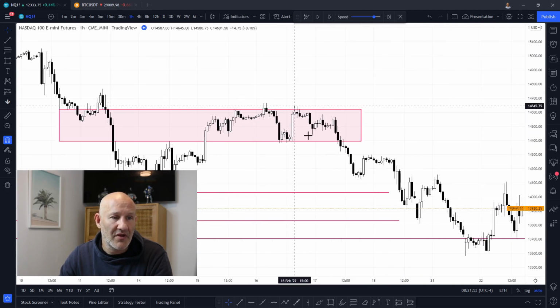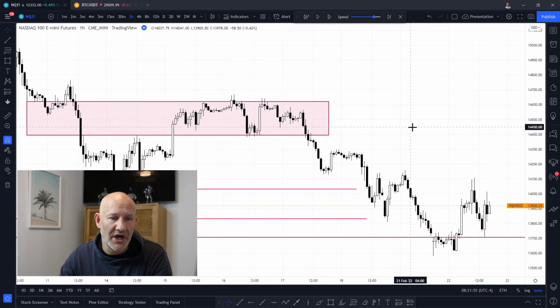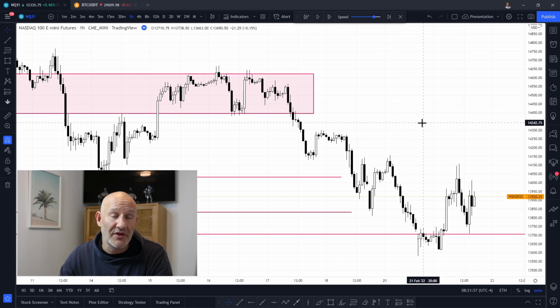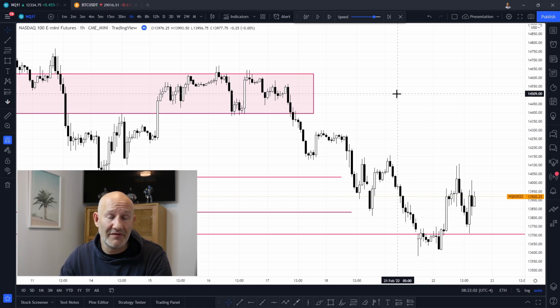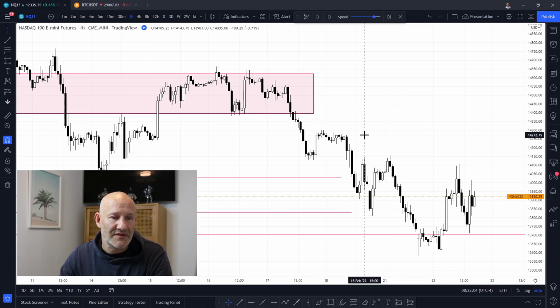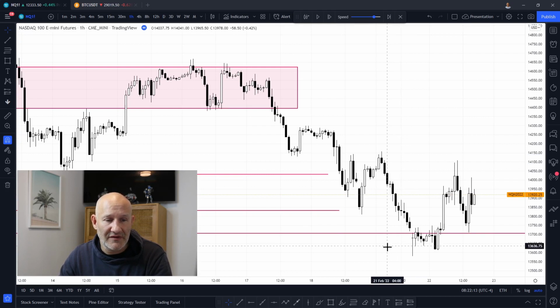So we fill in the whole of that fair value gap before trading lower, and then we come into the 21st, which is the session that ICT trades on and which is the topic of this particular video. So you can see this is the area of the 21st just here, and the interesting thing about the 21st is that it's actually a bank holiday, and you can see the gap here where the market closed before it reopened. There's quite a significant gap there and an acceleration lower. So we'll drill in now to the 15-minute chart and start to step through the actual trade